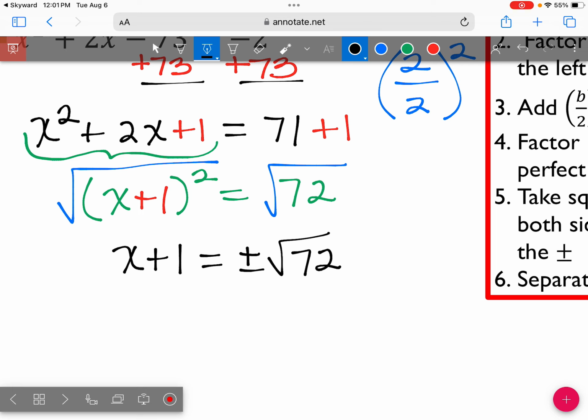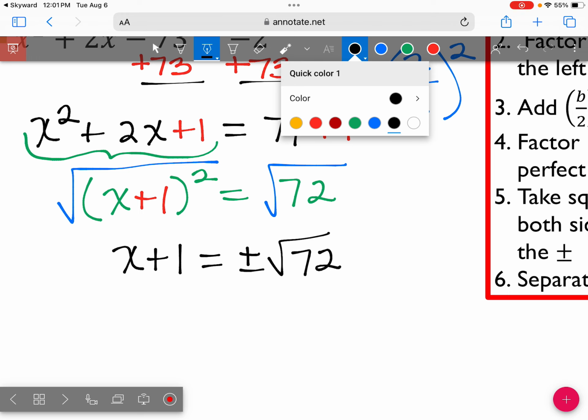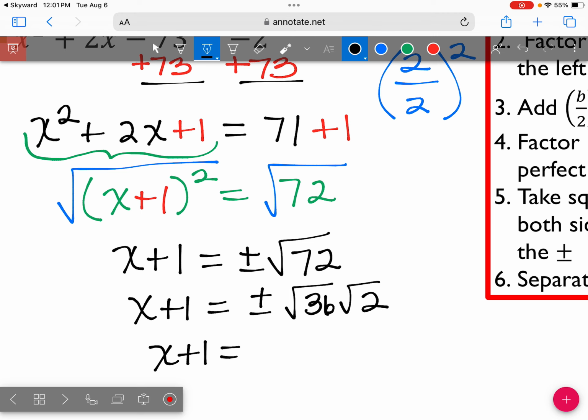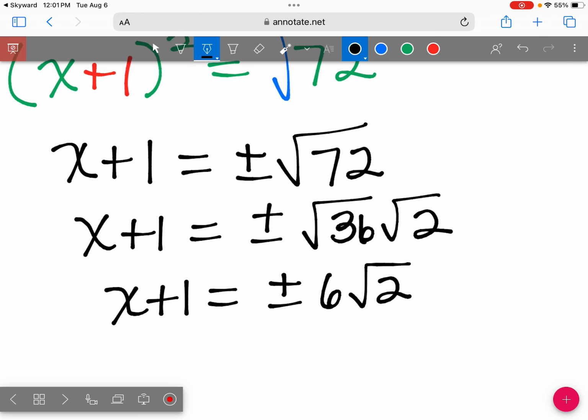All right, 36 times 2 is 72. Did I say 76? I don't know. Okay, so we have x plus 1 equals plus or minus the square root of 36 times 2, which comes down to x plus 1 equals plus or minus 6 root 2. Now, the last step is to separate and solve it,